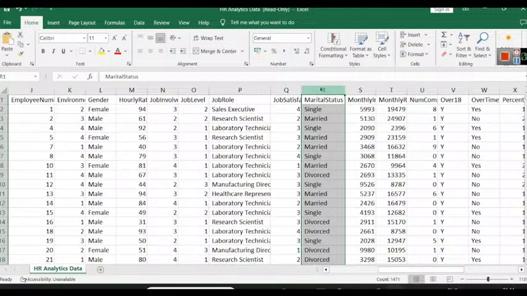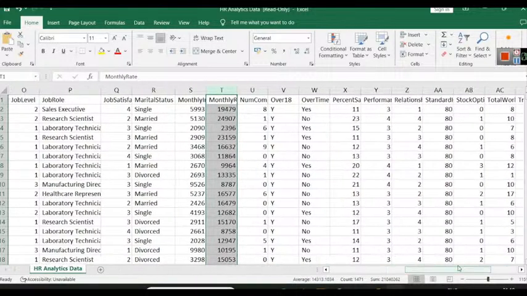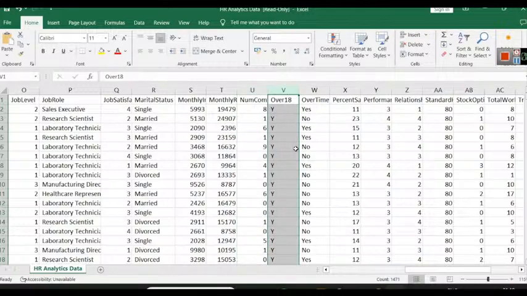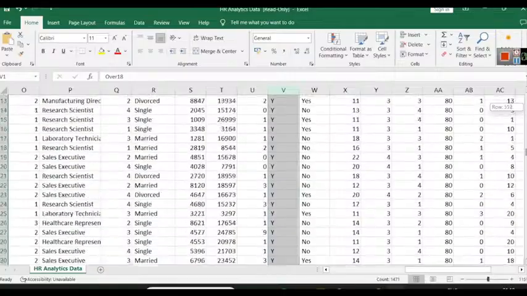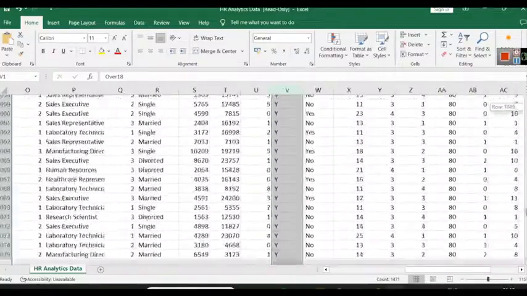So for such kind of data we can use pie charts or a donut chart. We have monthly income, so we have daily income, hourly income and monthly income. We have monthly rate. We also have number of companies in which the employee has worked, whether the employee is over 18 or not. So Y means yes and N means no. So as you can see, in our case